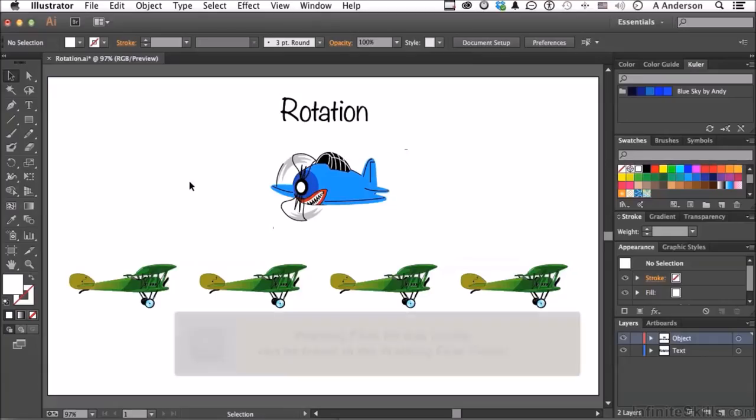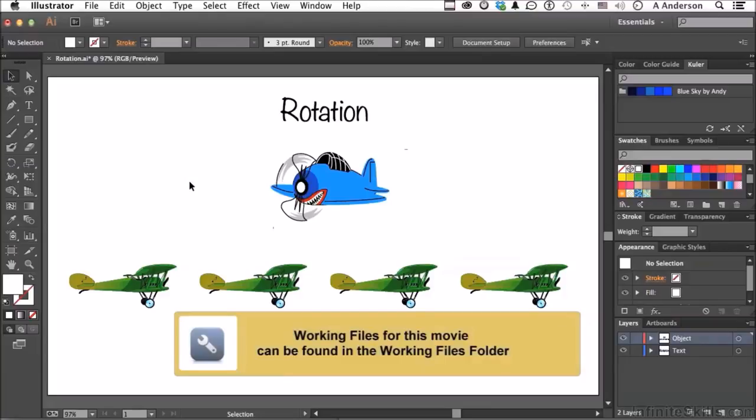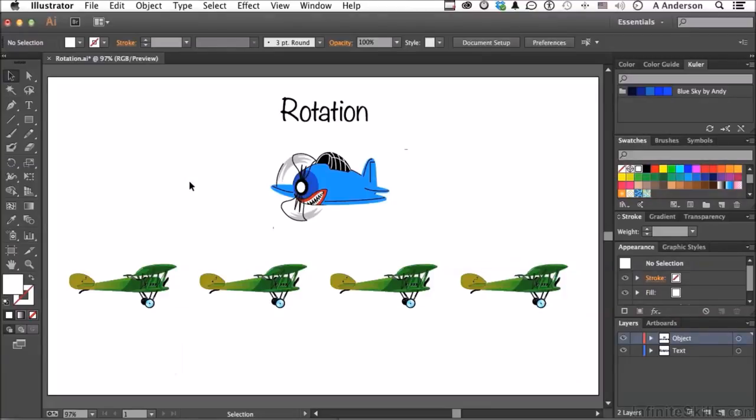Tell you what, why don't you dive headfirst into your working folders and come back out with rotation.ai. Let's see if we can have some fun with rotation. Rotation is kind of cut and dry. I mean, you rotate something, okay? But there are a couple of things that we can play around with to make it a bit more interesting